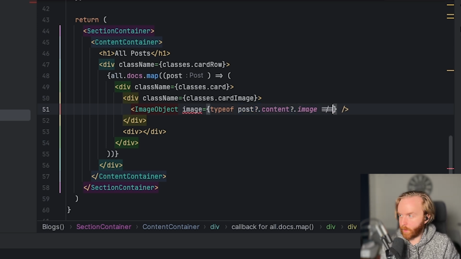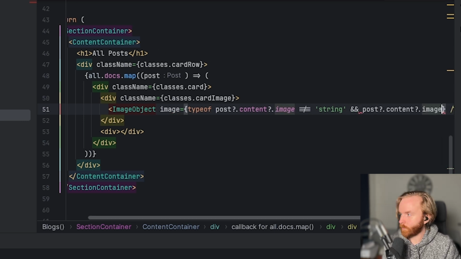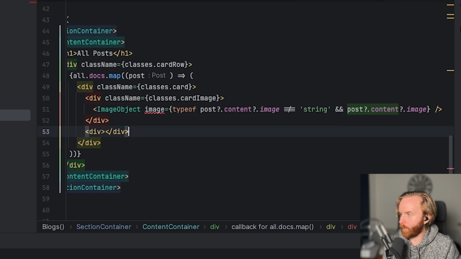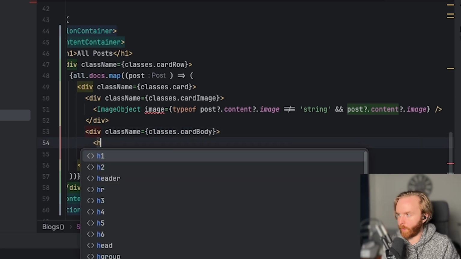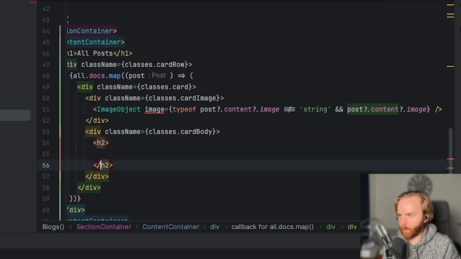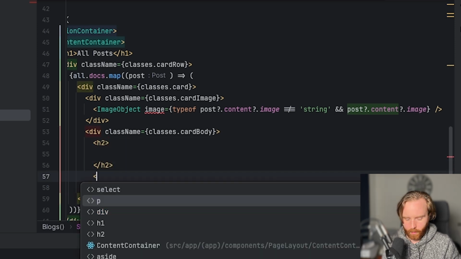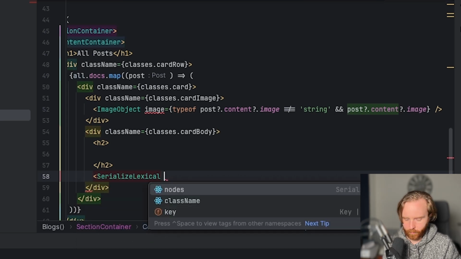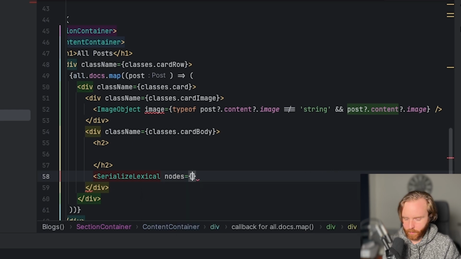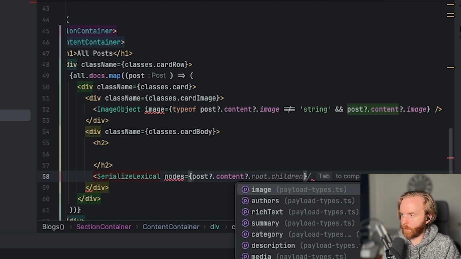And do that is to not equal to string. So that should show up whenever we're done here. So we have our image, and then we're going to have our class name, classes.cardBody, where we will have, it should be probably, we'll do an H2 just because of hierarchy, and then we'll have a serialize lexical, which is going to have nodes of post dot content dot